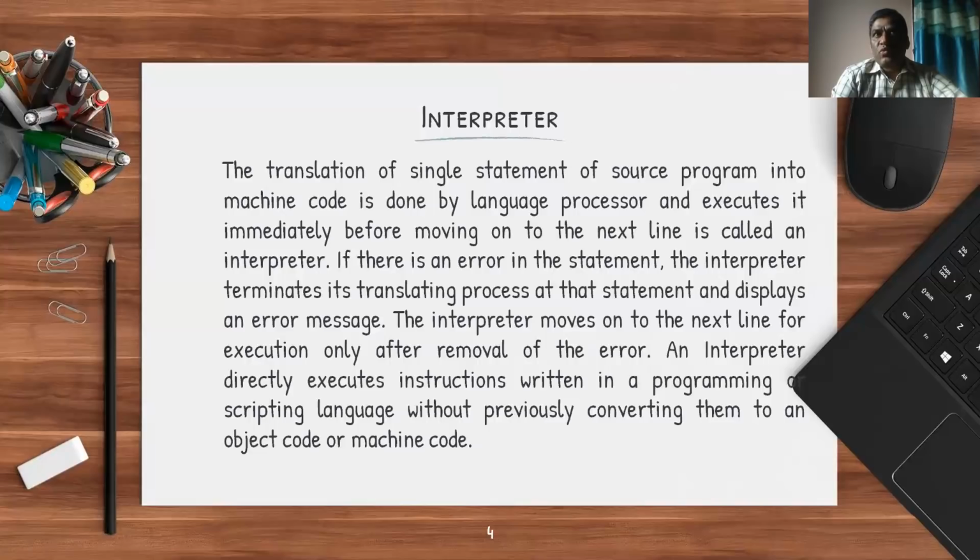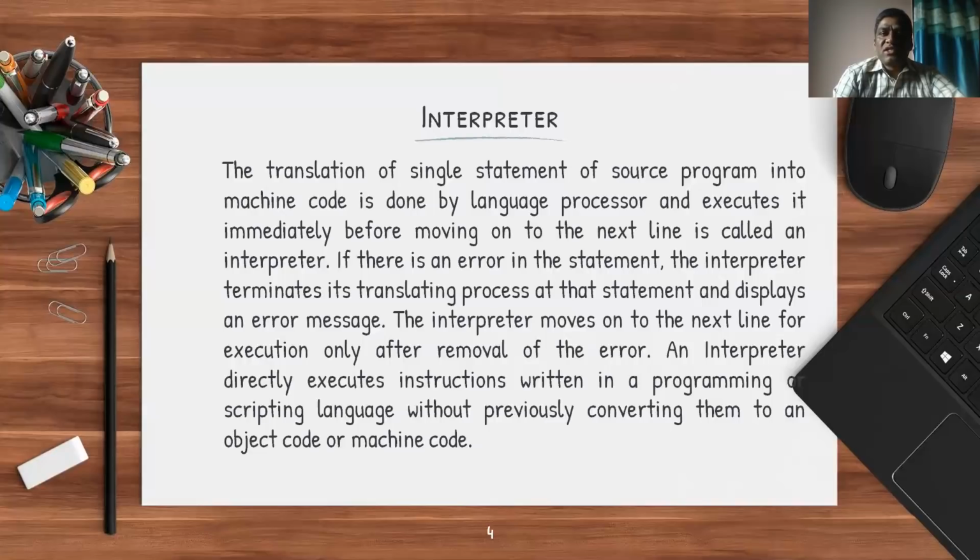It simply considers one line at a time from your high-level program and immediately tries to execute it, right? Of course, while executing, it converts, but it will not represent that corresponding statement in any temporary file over there. So that is the first and foremost difference you need to understand. A compiler always produces an intermediate file where the executable code is available for further execution, whereas an interpreter never produces an intermediate file that consists of the target code.